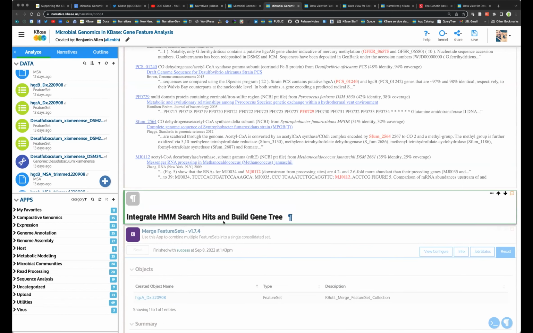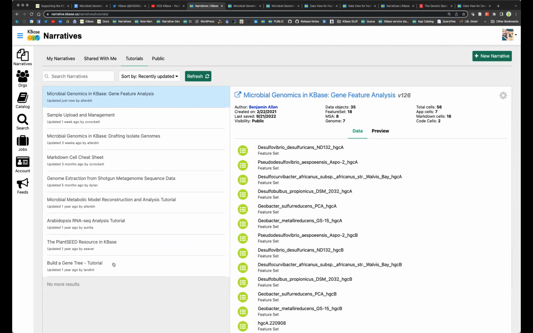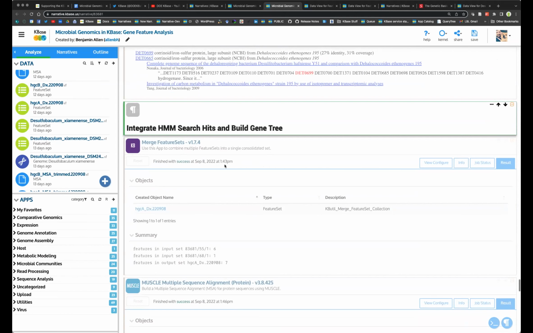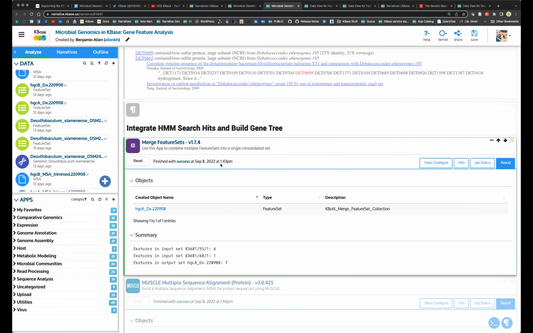There's a whole other narrative that I'm going to show you all. It's called Build a Gene Tree. It's this last tutorial down here in the tutorial section. It has a little more detail about doing this, but just as an example of what we can do, I want to then do some sort of similarity and dissimilarity assessment of this new gene that I have against all of these other genes. So just doing this with a small set here, usually when you are building these gene trees, you might use potentially hundreds of different organisms. But